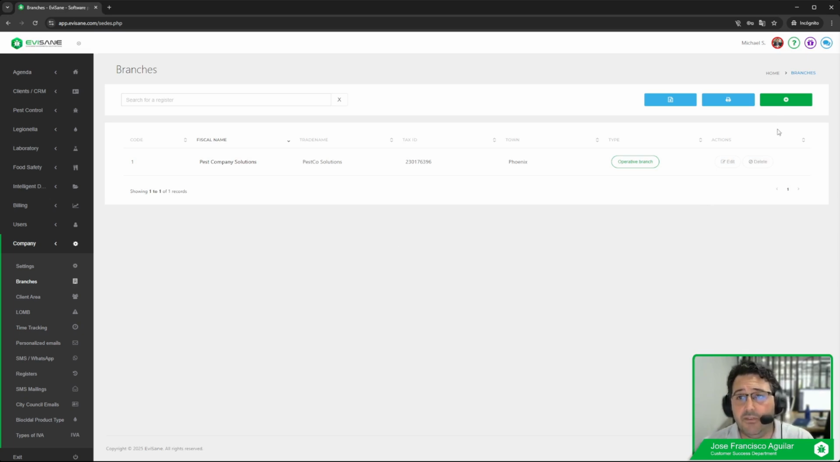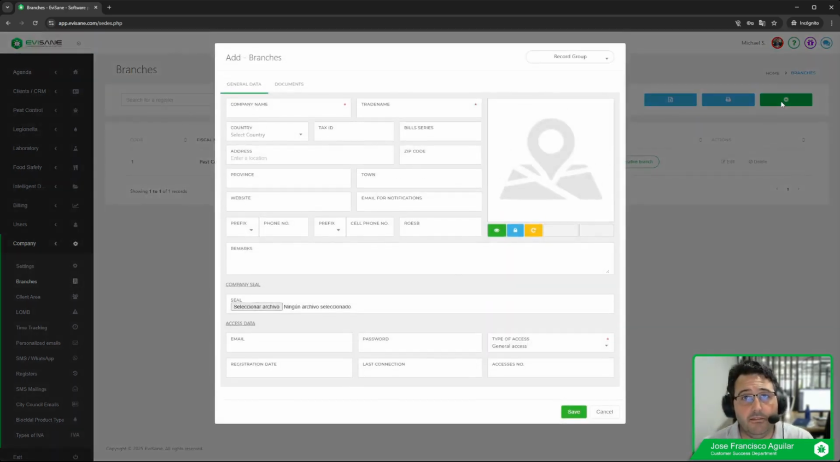Creating a branch office is very simple. You just click on New. In the case that it is a company of our own, okay? We simply mark it as an operational branch. If it is a property manager, we leave it like this. Here, we simply fill in the details of that administrator and provide them with an email and an access password,